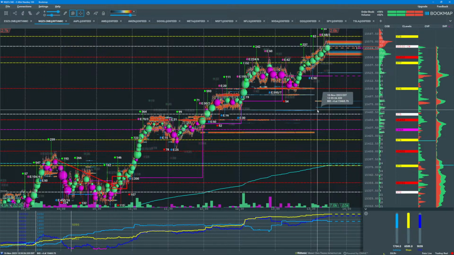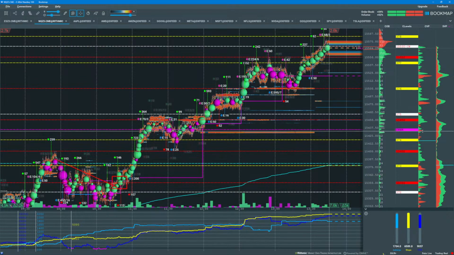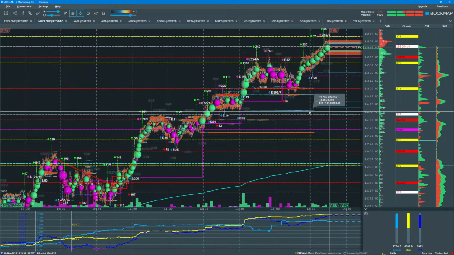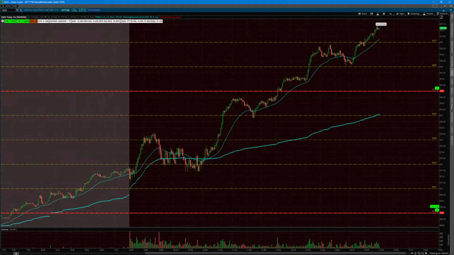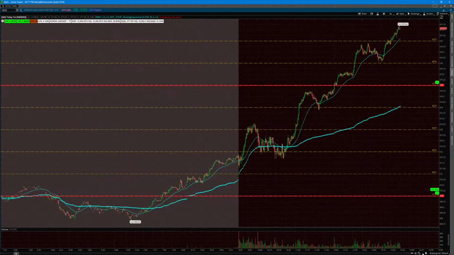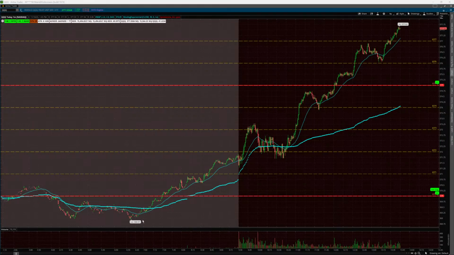All right, this is NQ futures and Bookmap. Before I take a closer look at this chart, I want to take a look at, first of all, a QQQ chart to isolate the QQQ levels. Very steady mechanical uptrend that began, really it began about 6:30 a.m. right here. And one thing to note is